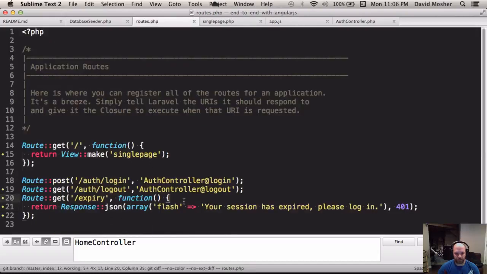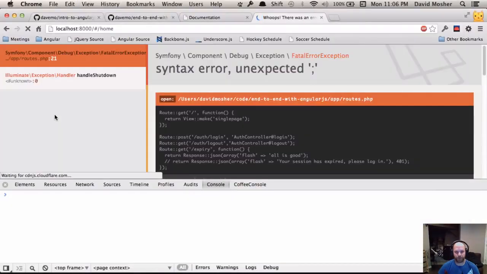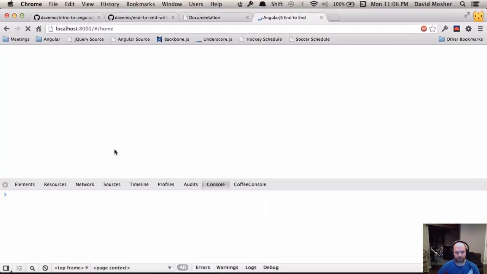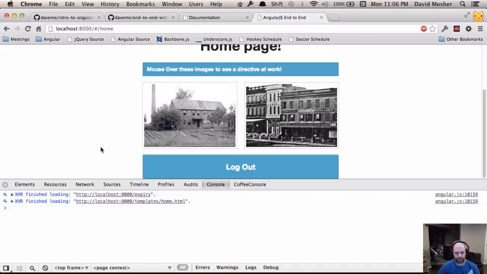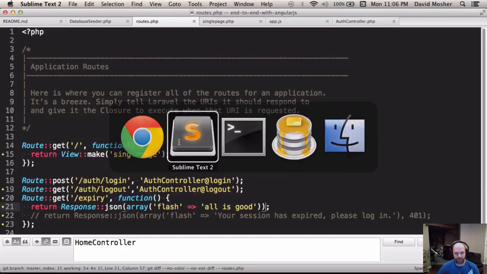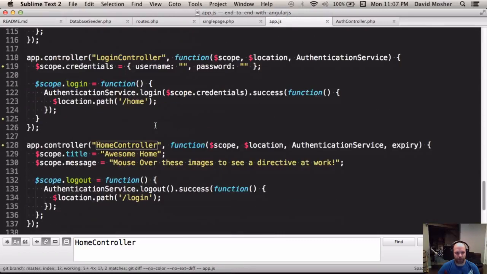routes, and let's return some actual JSON. Comment this guy out and reload. Oops, I got a syntax error. Need another brace. And you can see that it fetched expiry before it rendered the template. And if I actually stick a debugger inside of that controller, the home controller,